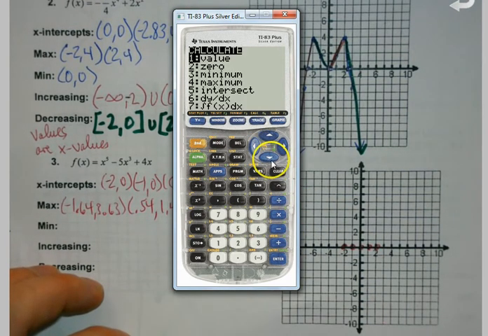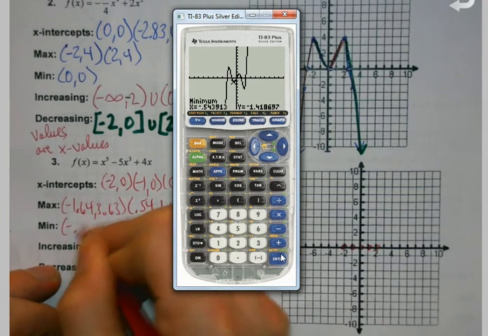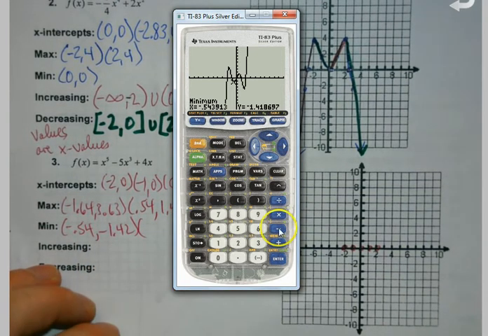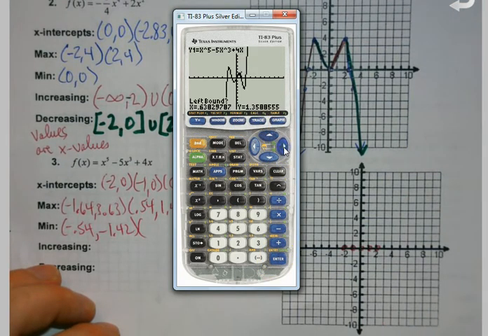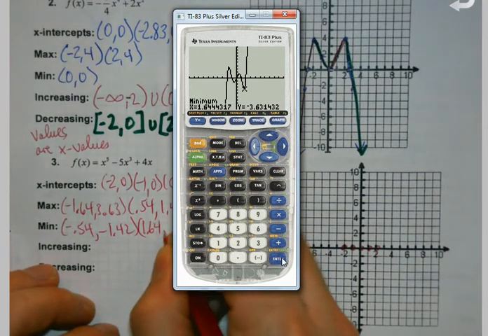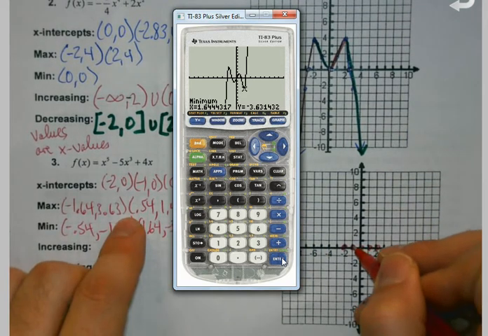And then we'll just get my mins in, and then we should be ready to roll here. So negative 0.54, negative 1.42. And last one, 1.64, negative 3.63. Okay, so if I get those plotted in here too,